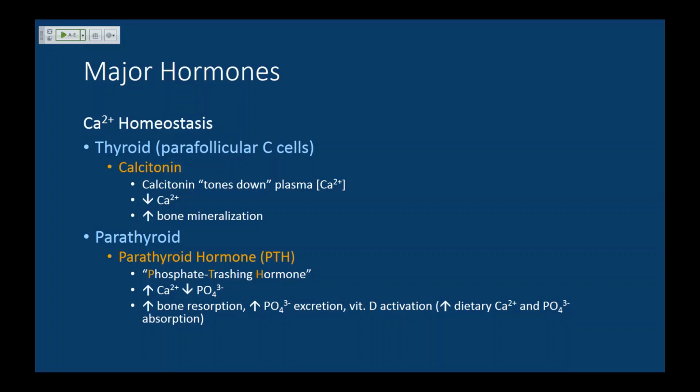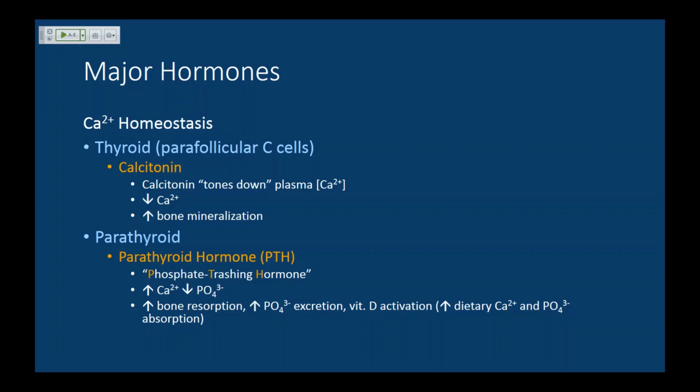Okay, but there's somewhat of a problem with this, because calcium being strongly positively charged and phosphate being strongly negatively charged, they form these crystals that help to mineralize the bone. But when you take them out of the bone into the blood, with the opposite charges, they're going to bind to each other very quickly. Okay, and calcium bound to phosphate isn't going to be functional in regulating blood calcium levels.